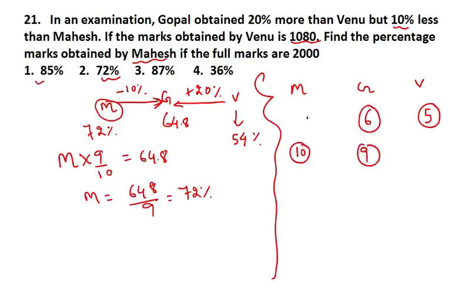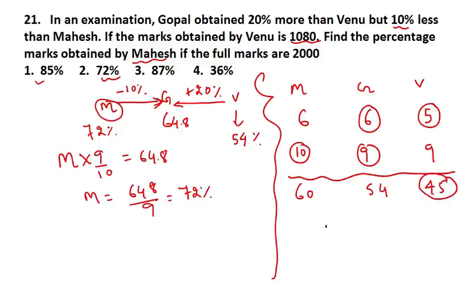So we know that to balance the equation you just have to write the neighboring number. This is 6, this is 9. Okay, so multiply, you get 60, you get 54, here you get 45. Now can you cut? No, this you can cut by 5, this also by 5, but this will not get cut by 5. This you can cut by 2, this you can cut by 2, but this will not get cut by 2. Now here Venu's mark is given. Here Venu is 45. Okay, see it carefully.